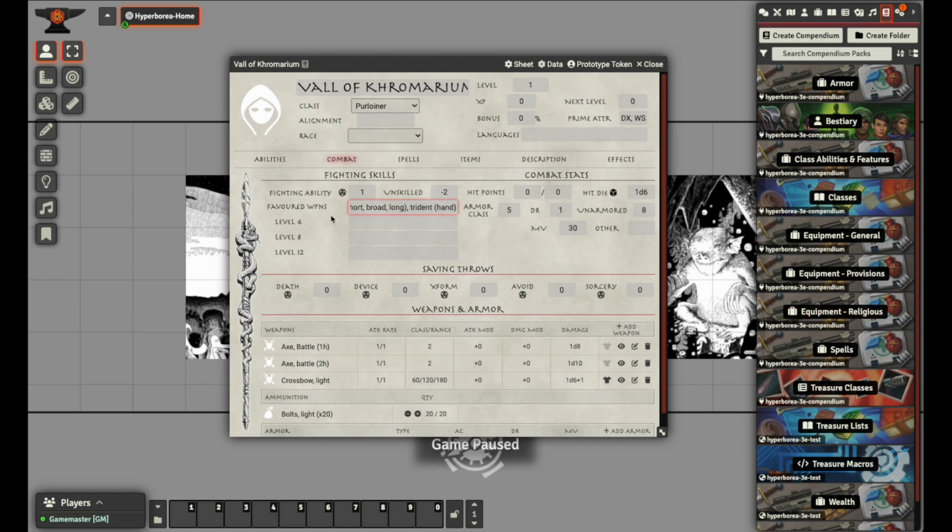Now, for fighters and their subclasses, and also runegravers, which are automatically proficient with all weapons, you could just put any in your favored weapons. But you might also want to put your weapon masteries listed here for those fighters and subclasses. If I was doing a fighter as an example, I would probably do something like, let's just delete that. I might say any, but then I would say